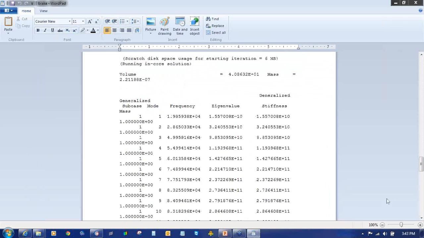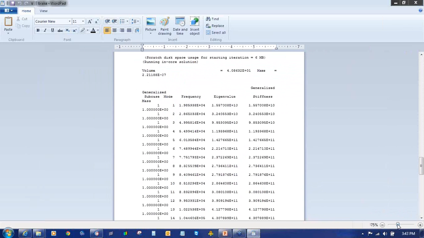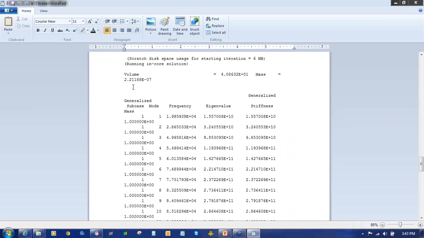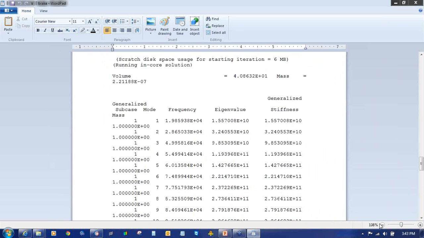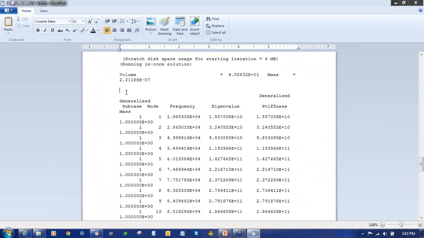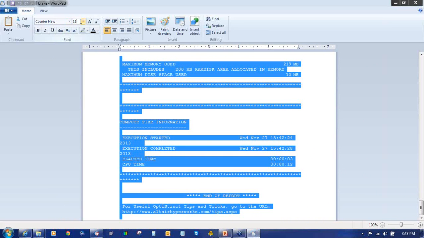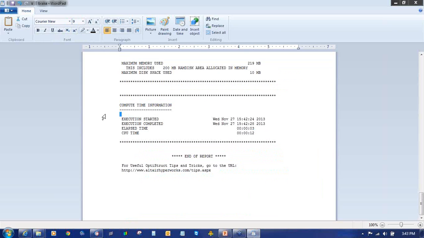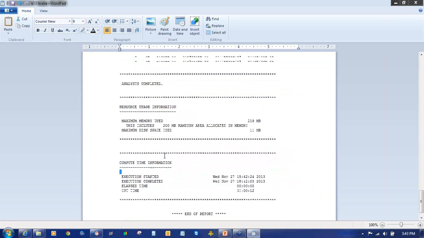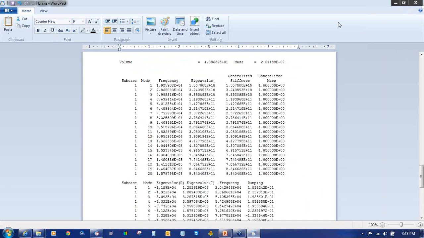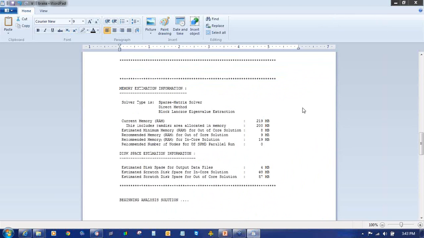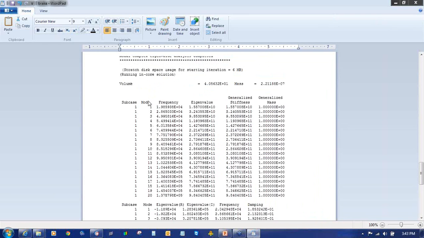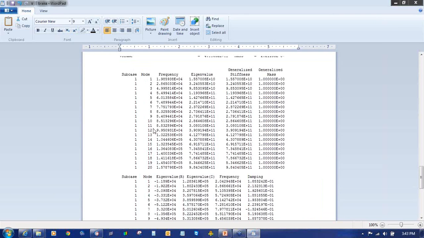So these are the details. So these are the subcase 1, different modes, frequencies, eigenvalues, stiffness,